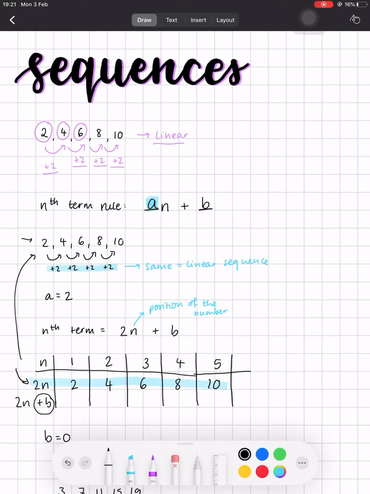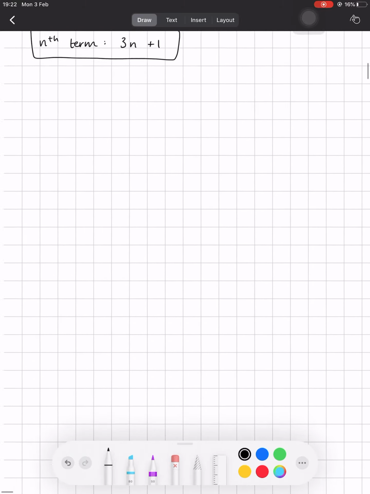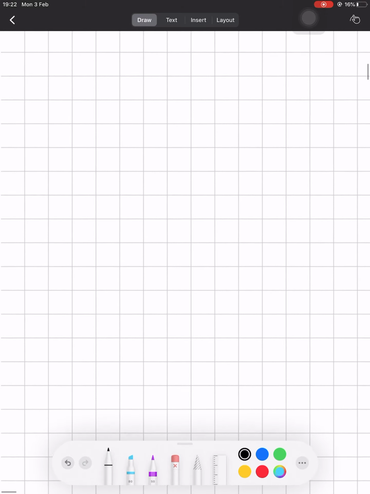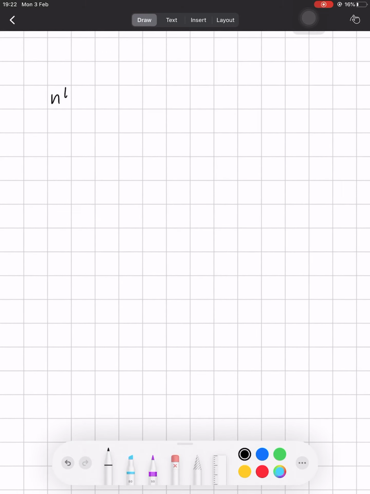So now we're going to be looking at how we can use the nth term to work out any term in the sequence. In the previous lesson we looked at how to get the nth term, and now we're going to be using the nth term. So let's say we have the nth term 5n plus 1. We said that n is the position